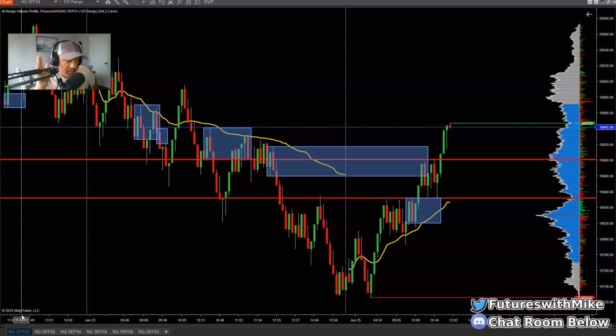But first, what I like to talk about is the structure of the market prior to taking an actual trade. Now, I'm going to show you two trades that I took. I posted both of them over on our Discord community. But I also want to show you, using a higher base chart and then moving down to a lower base chart, you can as well look for opportunities to trade supply and demand, because that's what I trade